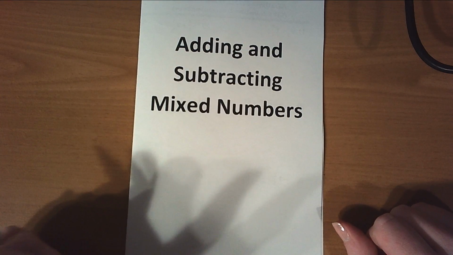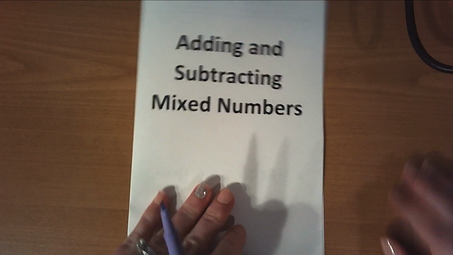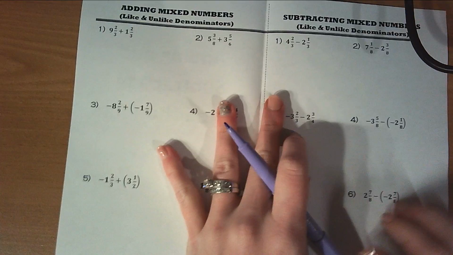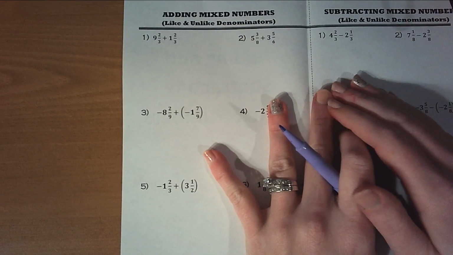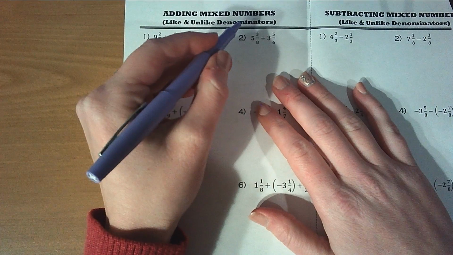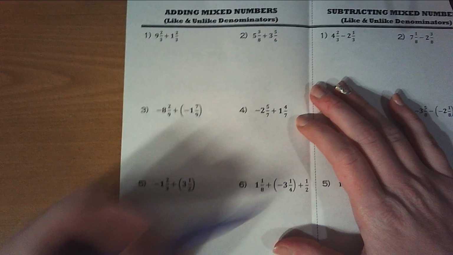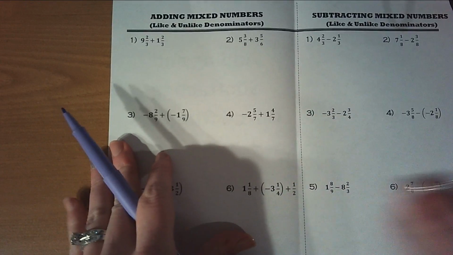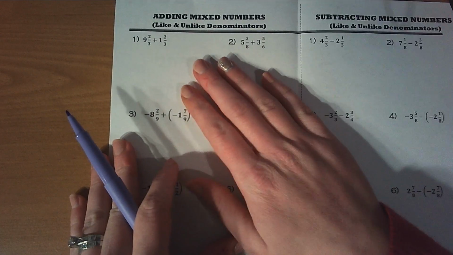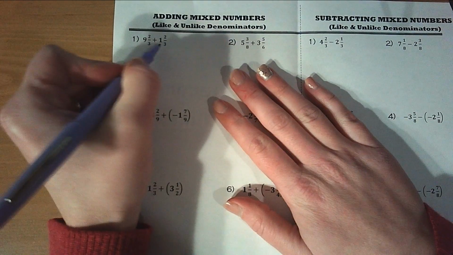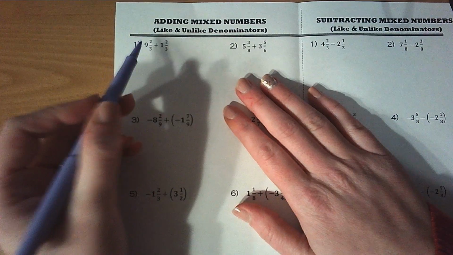Today we're going to be working on adding and subtracting mixed numbers. And so if you open this up, at the very top we have adding mixed numbers with like and unlike denominators. So we're going to be working on adding on the left-hand side, and then we'll work on subtracting on the left-hand side. So over here, I have common denominators, and when I add mixed numbers, I'm always just going